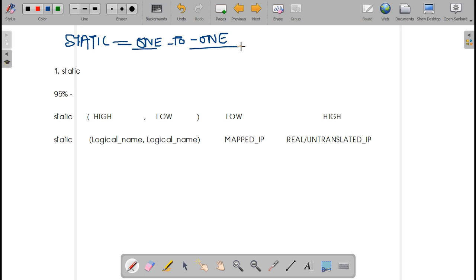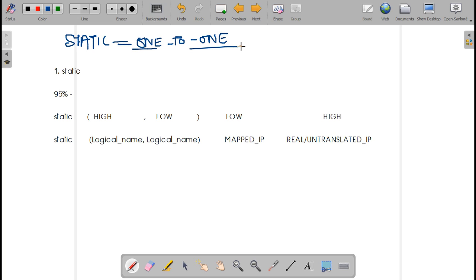In dynamic translations, I showed you it was changing, isn't it? From the pool it was just picking whichever IP was free or available. In static translation it is not so. If 10.1.1.1 is assigned 100.1.1.1, it will always remain 100.1.1.1, whether it's using it or not.